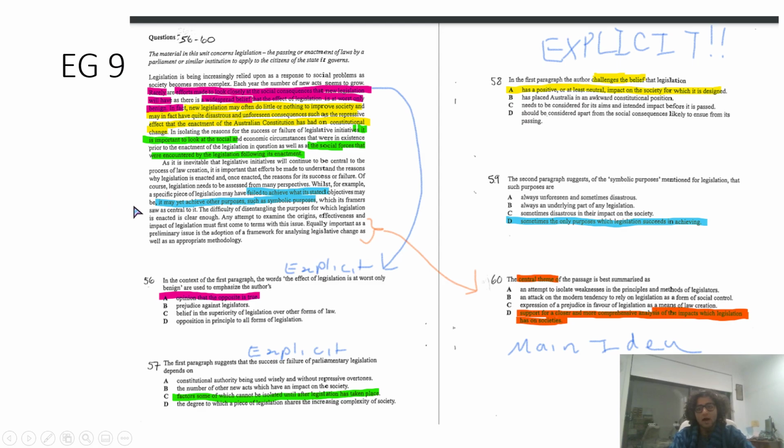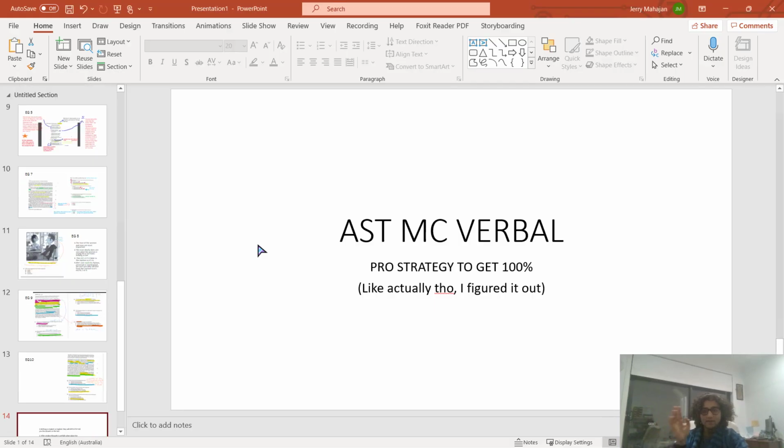For example, I can read it once, and then I can go through the questions, and I can do 1, 2, 3, 4, 5 questions, and maybe look back at the text twice. Now, what if I did them all by just skimming through the text? So I skim through the text once. Then I do 56, and I have to skim through the text and look for the answer. Then I find it. Then I do 57, I have to skim through it again. I do 58, skim through it again. 59, skim through it again. 60, skim through it again. That's 6 times I'm reading it, right? But if I just read it carefully, then I'll maybe only need to read it twice. Read it once and carefully skim through it once. So you'll save time in the long run.